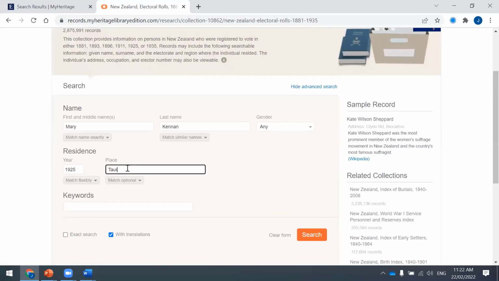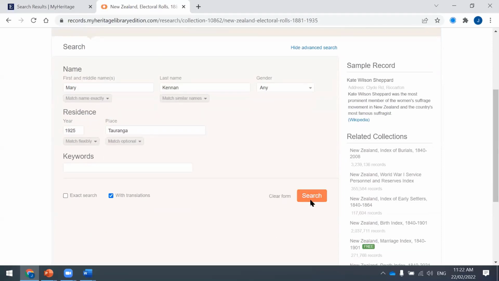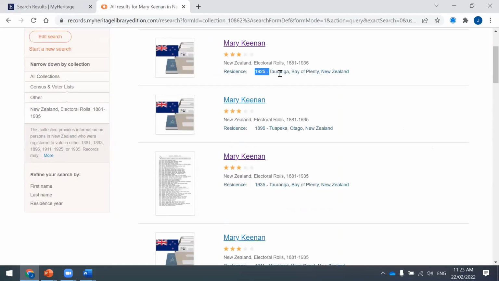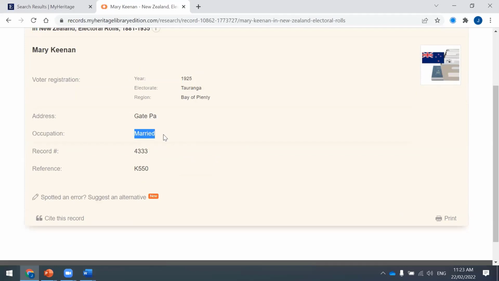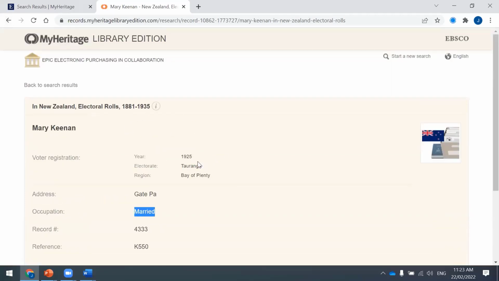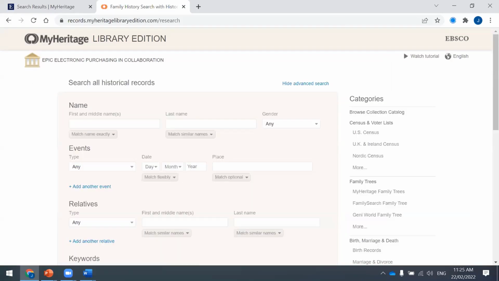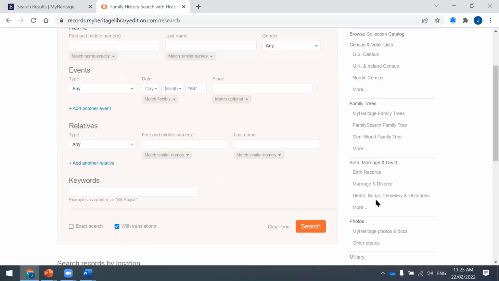Okay, so I know that they resided in Tauranga in 1925, and I'll run a search. And then you can see here that the residence is 1925, and I can click on that to get further information that I need: occupation, marriage status, and what electorate they were in that year. So those were the general searches I wanted to run with you. And I do encourage you to come back in, really have a look and browse through these sections,